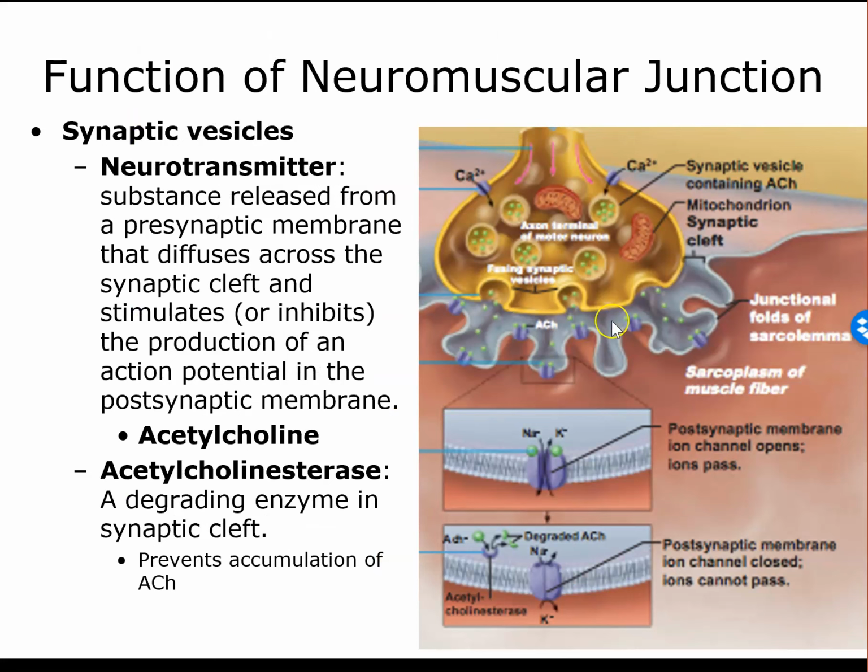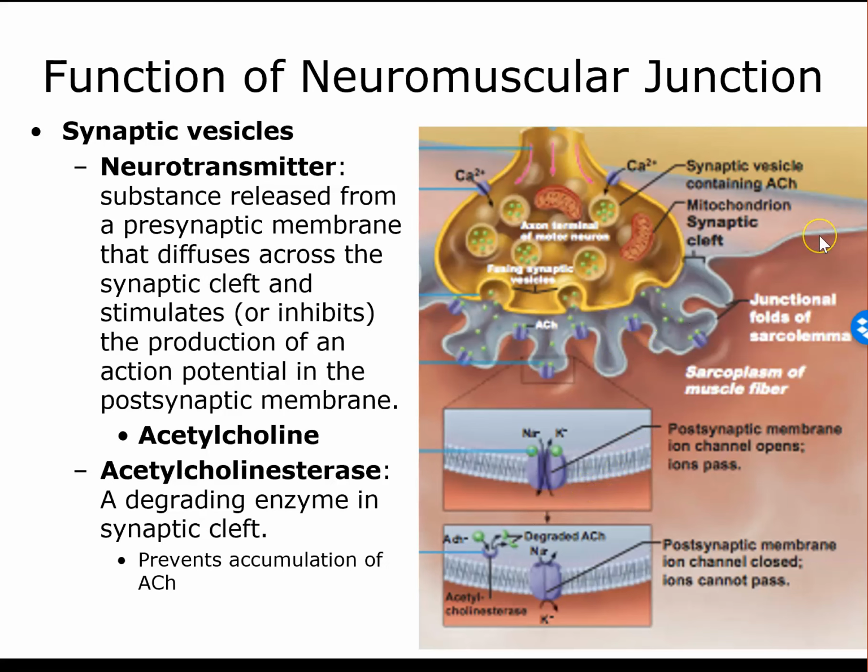So once we get that action potential to travel through that nerve and get to the axon terminal, we are going to have these vesicles filled with acetylcholine move close to the presynaptic membrane and leave that neuron through exocytosis. The acetylcholine will then travel over to these ligand-gated receptors, attach to the ligand-gated receptor, and cause it to open. And so now sodium is going to flow into the muscle cell and cause that action potential to continue along